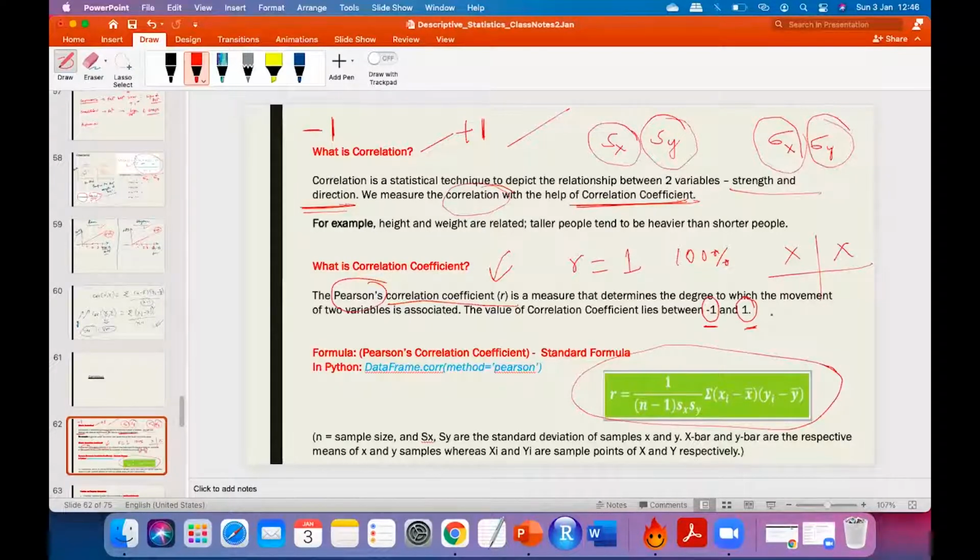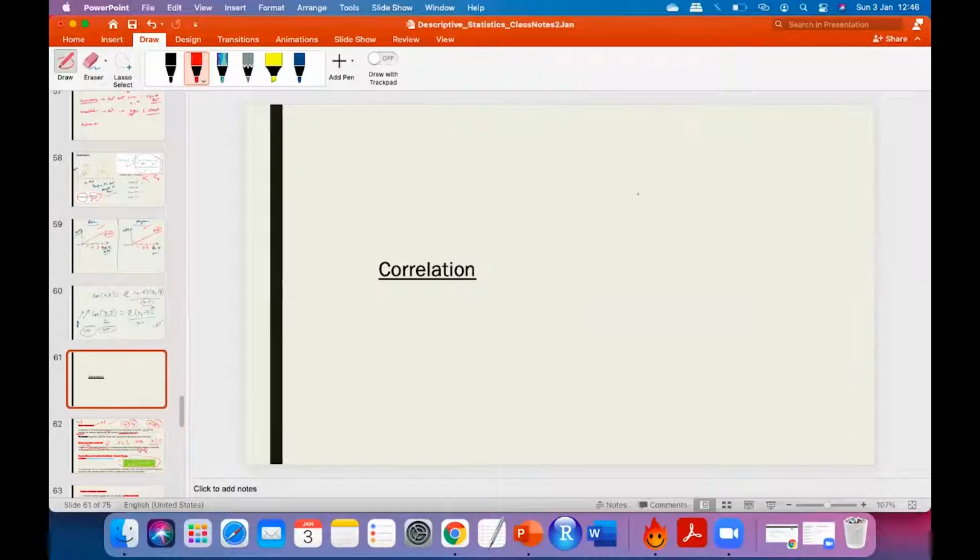Okay, if it is clear, tell me one thing. If I say correlation coefficient R, by the way, correlation coefficient is denoted by R. If I say R is equal to 0, what does that mean? There is no correlation between two variables. They are not related. No correlation at all. So no relation between two variables, right? Or you can also say no correlation.